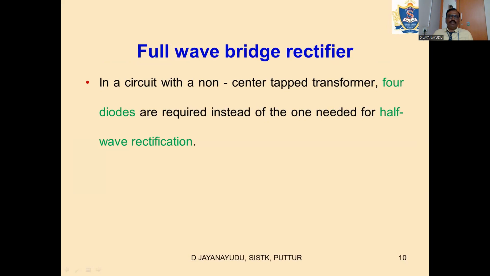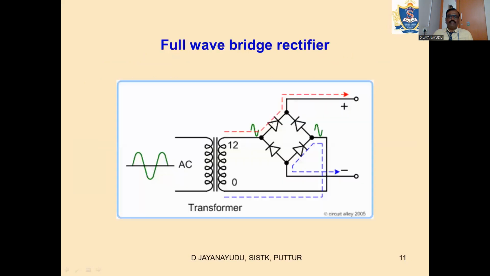Next, we will look at the bridge rectifier, where instead of a center tap transformer, we can connect 4 diodes, something like a bridge, as you can see here. For a positive half cycle, here I have altogether 4 diodes. Let's say D1, D2, D3, and D4. Okay. So for a positive half cycle of the input, A is positive with respect to